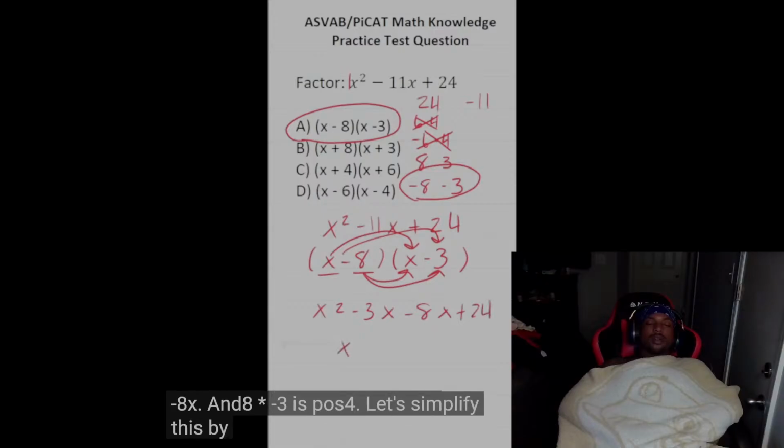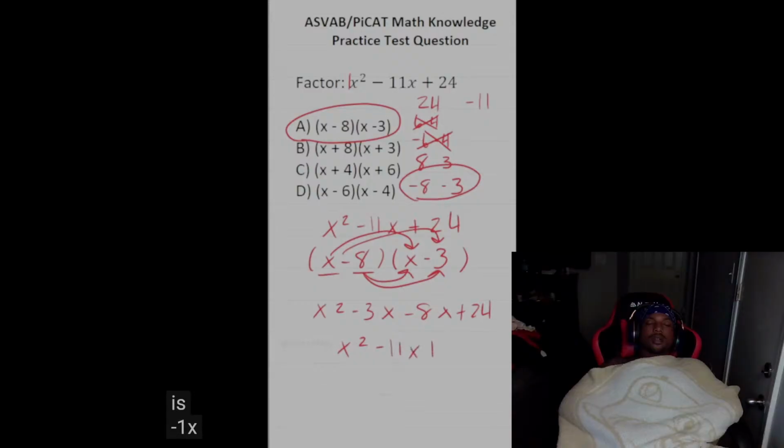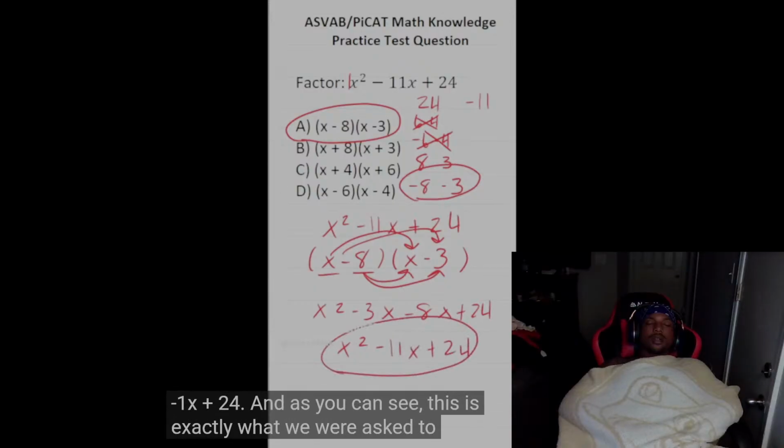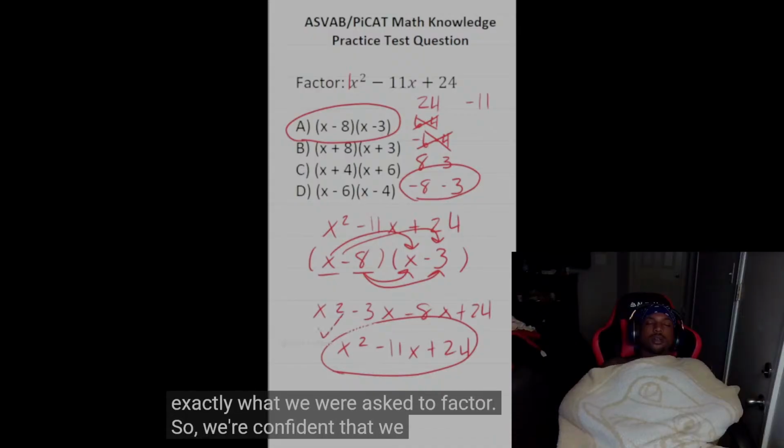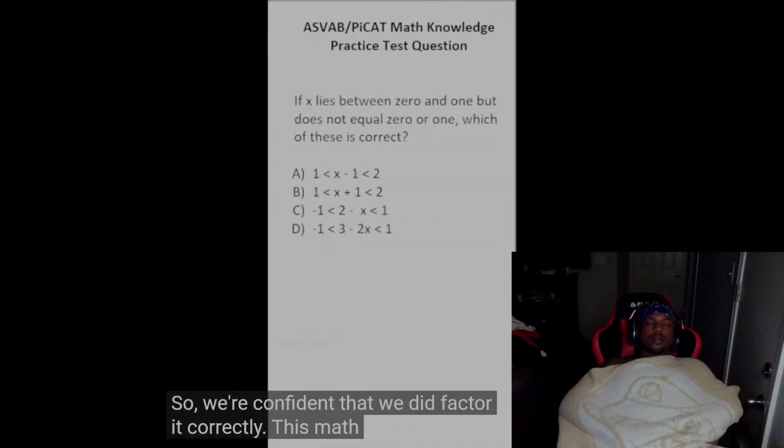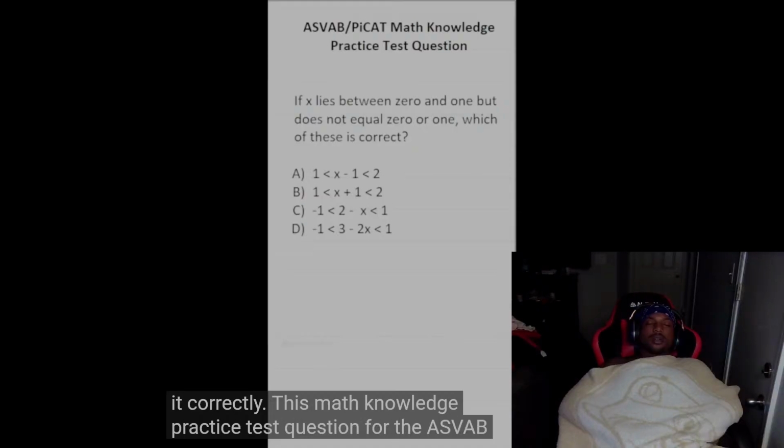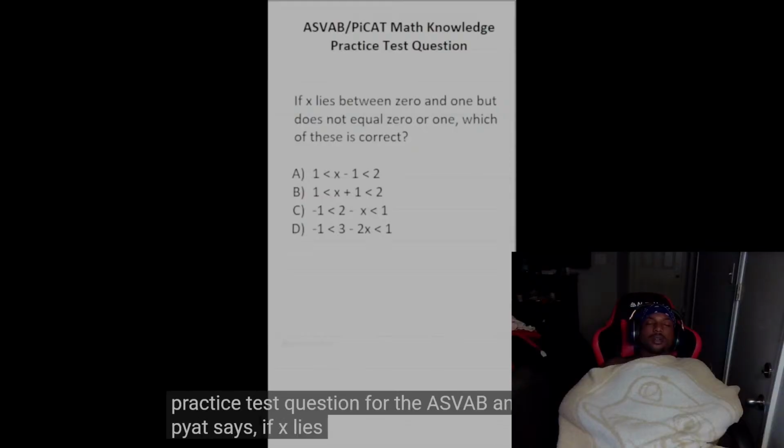Let's simplify this by combining like terms. Negative 3x minus 8x is negative 11x plus 24. And as you can see, this is exactly what we were asked to factor, so we're confident that we did factor it correctly. This math knowledge practice test question for the ASVAB and PiCAT says if x lies between 0